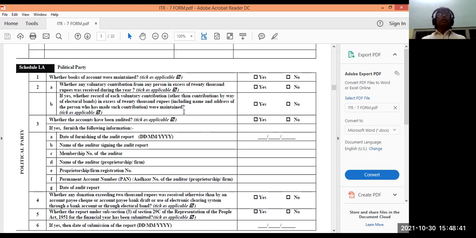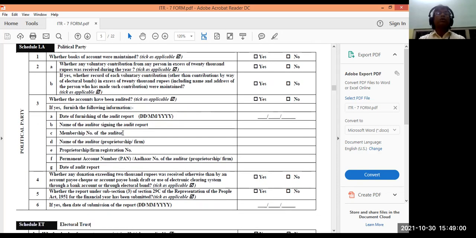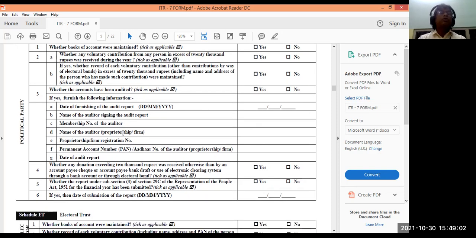So if anybody has given more than 20,000 rupees to the political party, then the political party has to give the details of that person, and whether accounts have been audited or not. Next point: accounts, when you have received money from different persons. So whether this is audited or not, that question is coming here. So it's about the political party. If audited, then furnish the following: